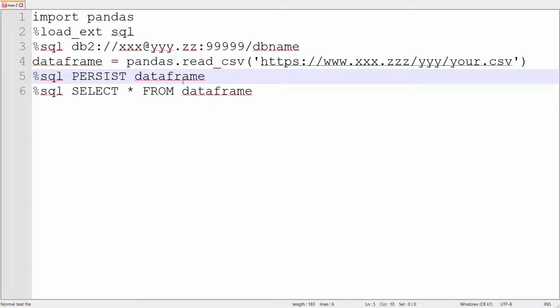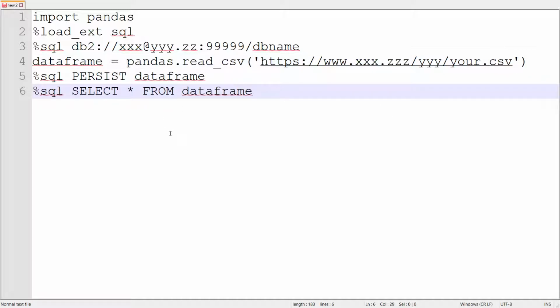Then you write, in line 5, %sql persist data frame, and it's where you use the data frame that you have built here to create a SQL table and to fill the SQL table with the data that is in the CSV.